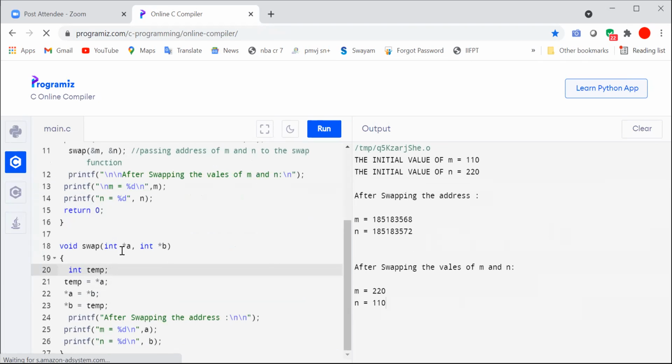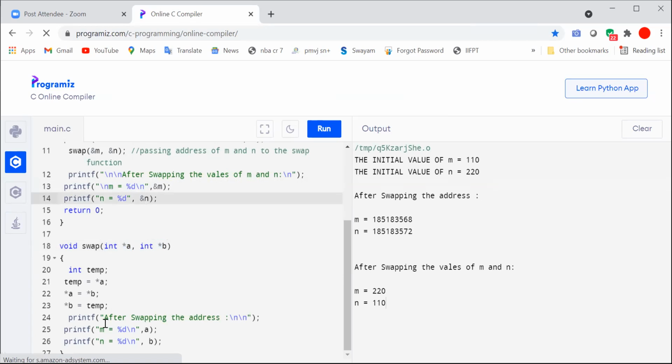How are we processing? If you are using pointers, A and B are pointers. The addresses will be stored in A and B. If you say A, the address will be displayed. If you say star A, the content will be displayed. The same way here, if you want to know the address, say address of M, address of N, in the normal way, and you will get the same address here also.